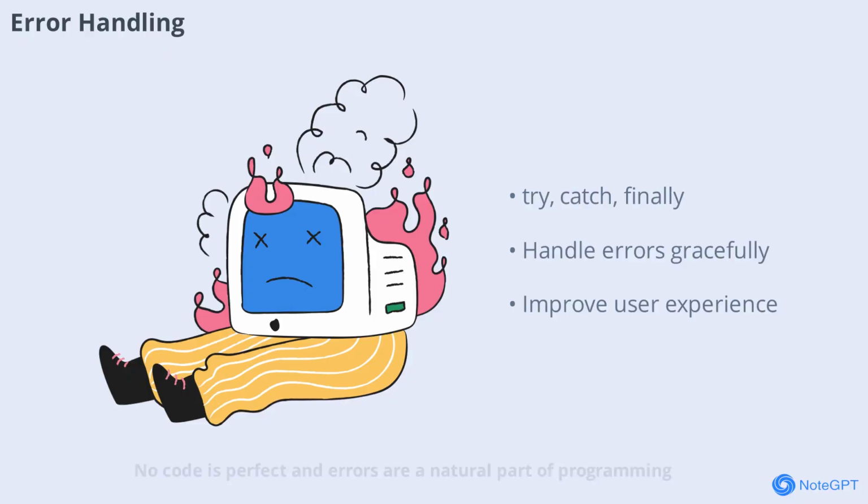No code is perfect, and errors are a natural part of programming. JavaScript provides tools like try, catch, and finally to handle errors gracefully. By catching errors, you can prevent your scripts from crashing and provide helpful feedback to users. We'll explore how to use error handling to make your applications more robust and user-friendly, ensuring a smoother experience even